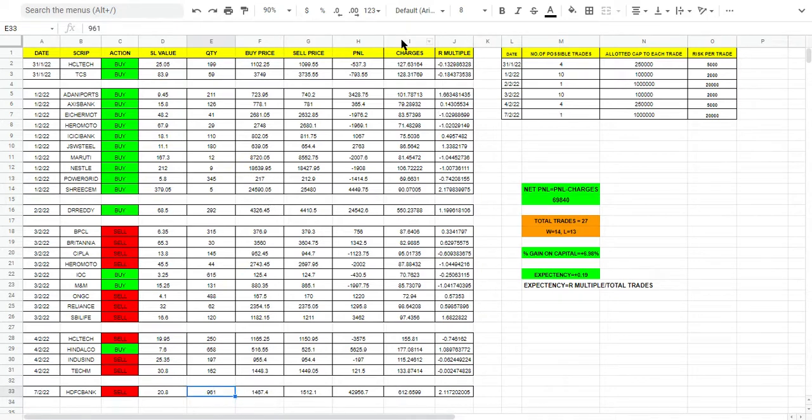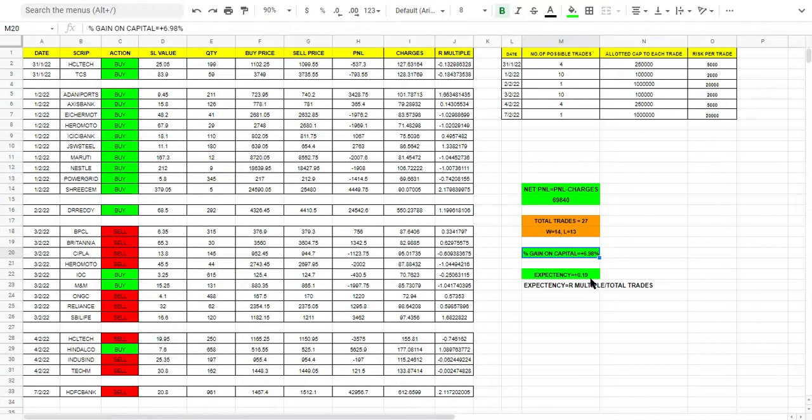Okay, so at the end of the backtest report, the overall profit we made here is 69,840 rupees, as I had considered a capital of 10 lakh rupees. So the percentage gain on capital was 7% somewhere. Total trades in the strategy were 27. Out of those 27, 14 were winners and 13 were losers. So this strategy is giving you a win rate just slightly above 50%, and